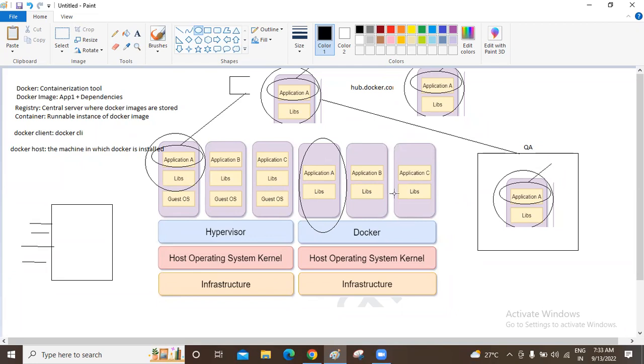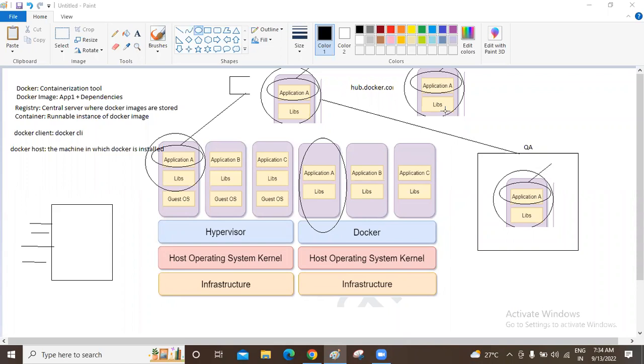So these containers will be utilizing the underlying kernel, and they will be utilizing the underlying hardware resources. Here we have to dedicate the resources upfront. For example, if you want to create this virtual machine using a hypervisor, we have to set aside some amount of CPU and memory for this virtual machine, and that can't be utilized by the other virtual machines. But here we don't need to allocate CPU and memory dedicatedly upfront. That is the difference from here to here.